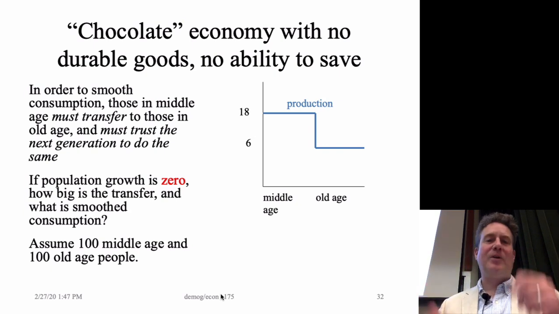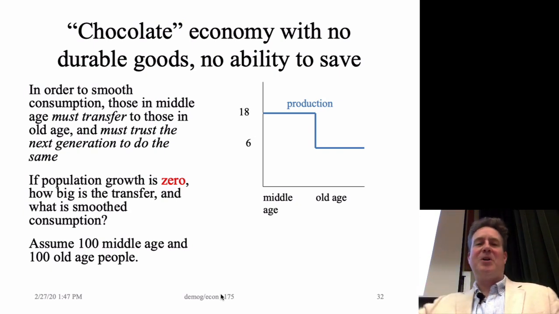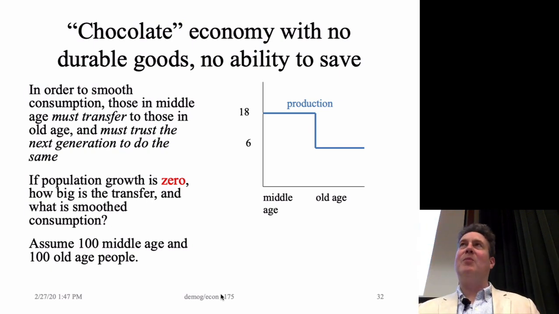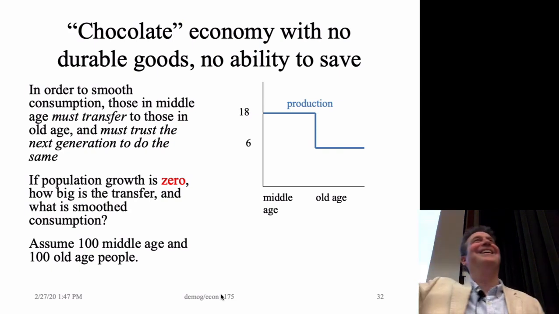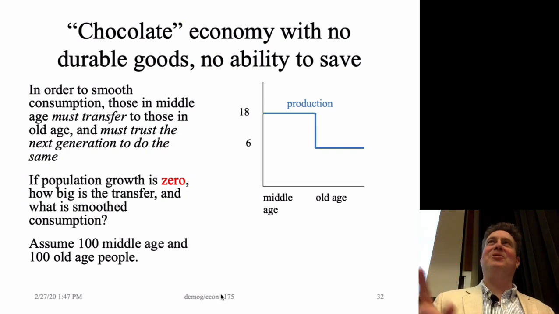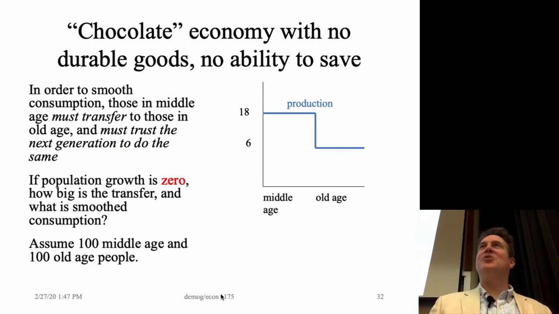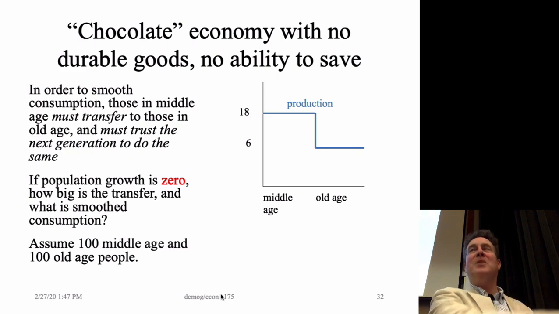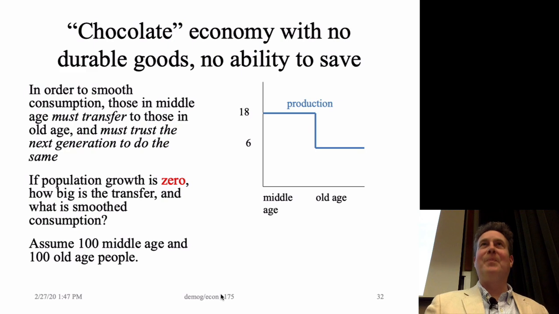You get to transfer chocolate to the oldsters. They benefit. They're like, thank you so very much. And you're like, no problem. Just make sure that your grandchildren do the same, right? So the oldsters say, hey, no problem, but then they die. And then you're left hoping that your children are going to say, hey, oldsters, guess what? I've got 18 units of chocolate, and I'm just going to go ahead and give you 6 of them in exchange for the belief that my children will give me 6 units of chocolate when they are middle-aged and having grown up. And so that's the problem here, is that there has to be some way of enforcing this contract,